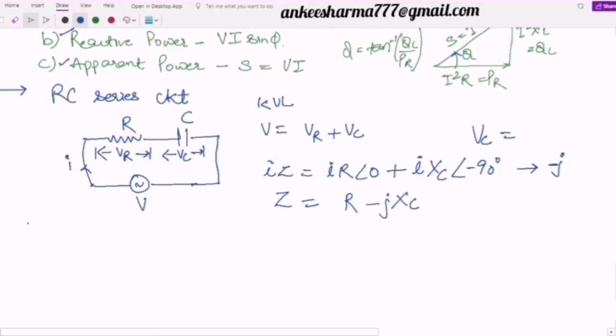So similarly we can get the different values as we have done, that is V, the total voltage V over here will be nothing but equal to the under root of square of this VR and VC. So this will be my voltage, and if I draw the voltage triangle, you will find this will be my current direction, this will be my VR value, because VR and I are in the same phase, angle is 0 degree. But if I look at this VC and I, definitely there is a phase shift of -90 degrees.